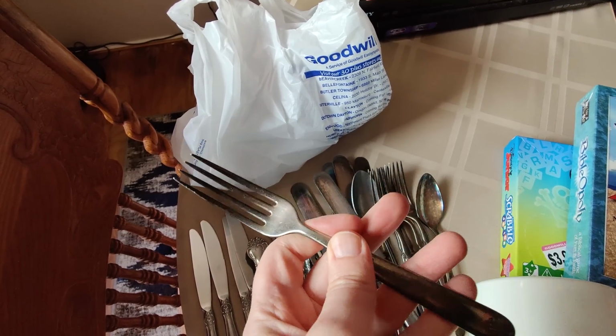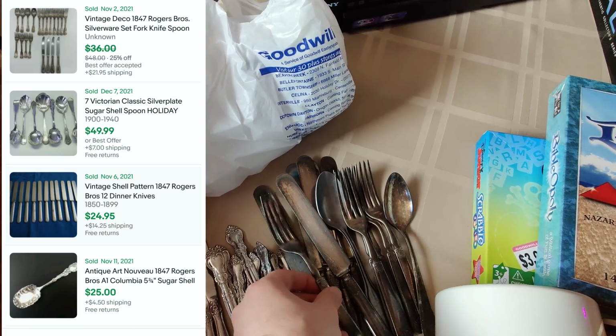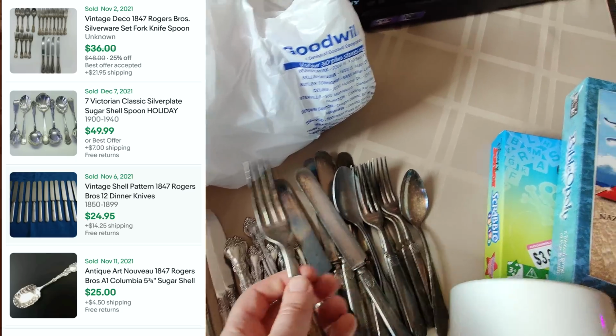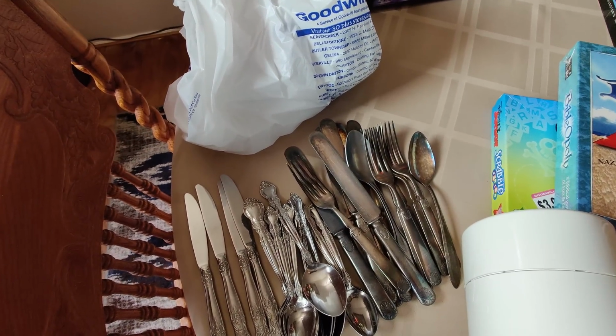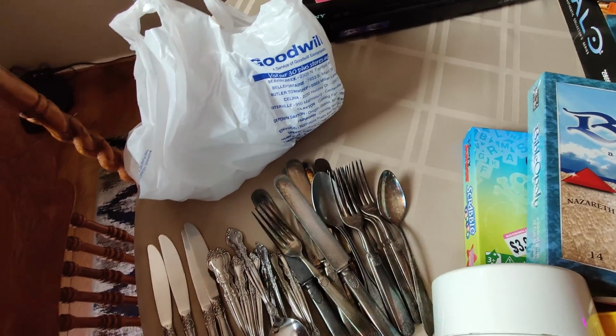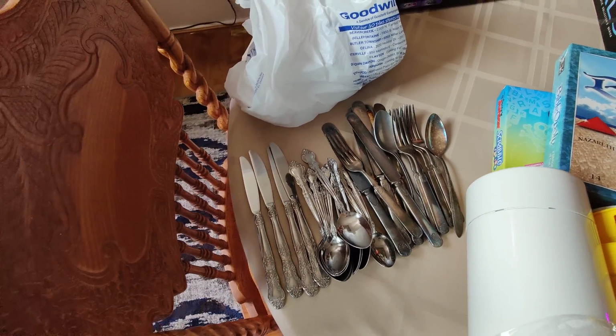I'm not an expert by any means on this kind of stuff. You can see the condition. I'm pretty sure people can clean those up pretty well. They're still desirable. Again, I'm probably just going to do an auction on these. I expect to make about $30. I'm just going to lot all of them together. I just don't know for sure on this stuff, but between all these, I hope to make at least $60